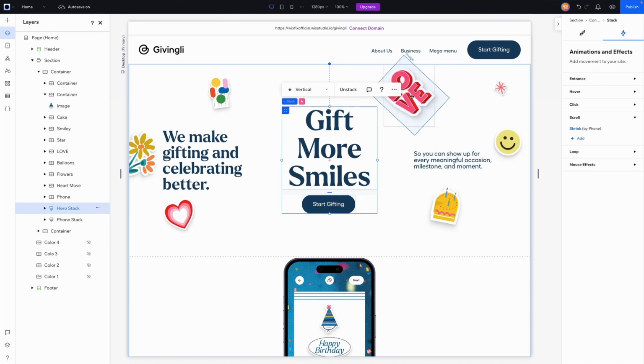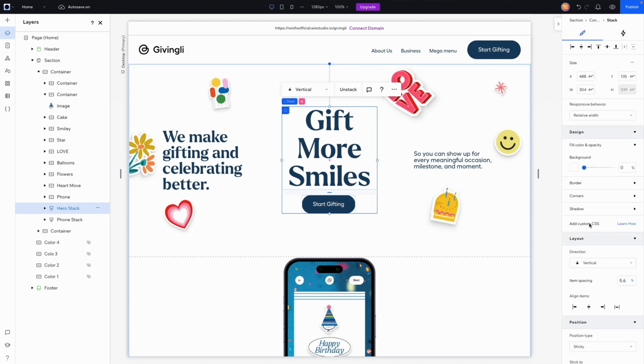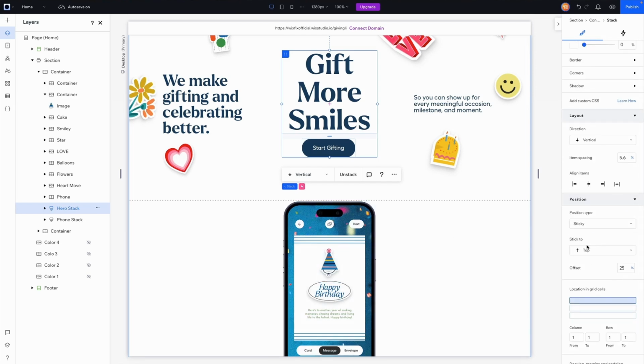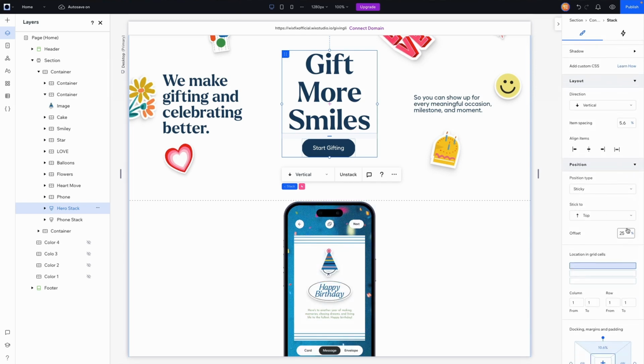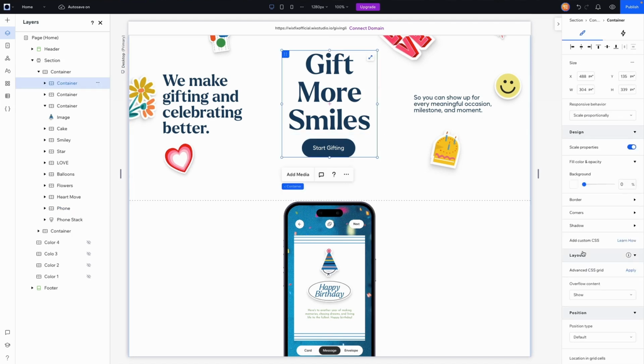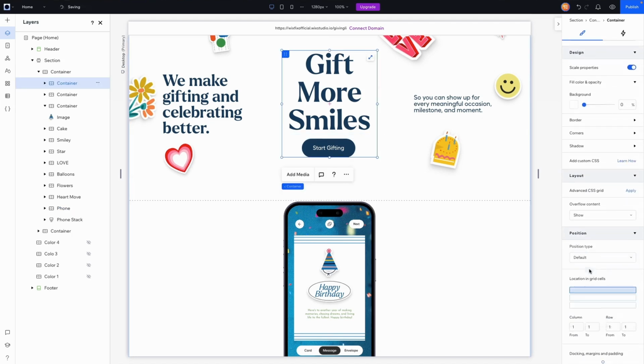So what we're going to need to do is the same thing we did with all of these other elements and place it in a container. But before I do that, just like we did with these icons, once we placed it in a container, it did remove the sticky position. So we're going to come down to sticky position and take note of the 25%. So let's go ahead and right click on this stack. We'll right click on the stack, place it in a container. Then we're going to come down to position type, set this to sticky and set this to 25%. Heroes. And then I'm going to come over to the layers panel and I'm going to call this hero stack